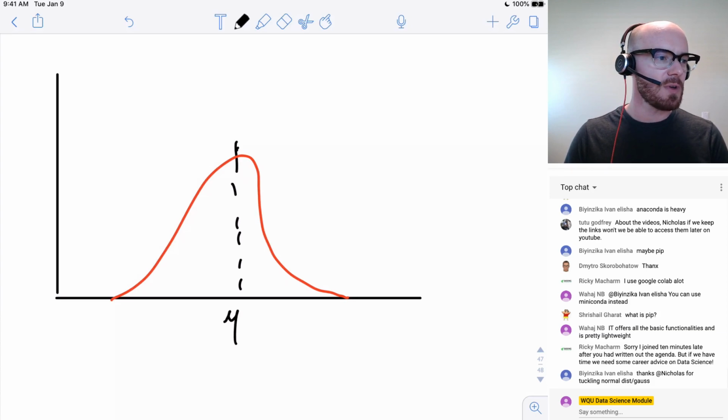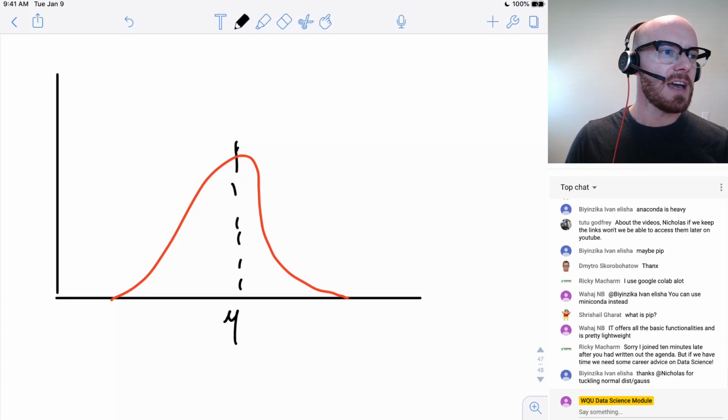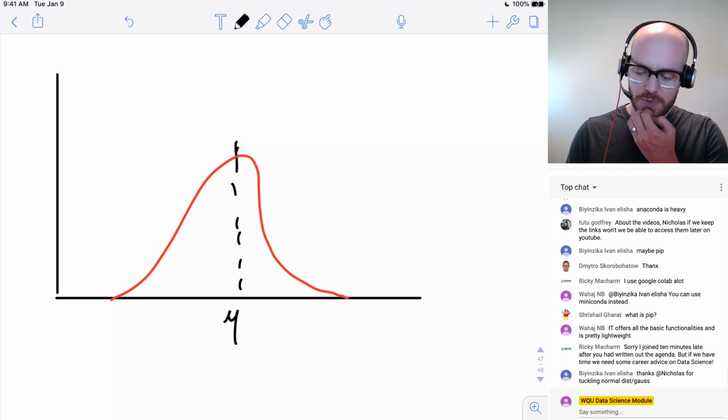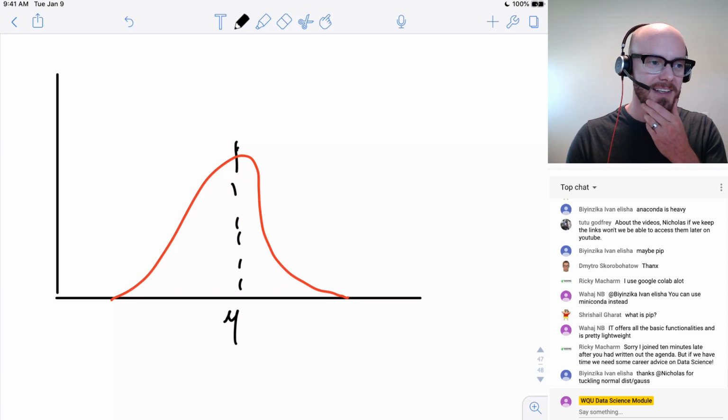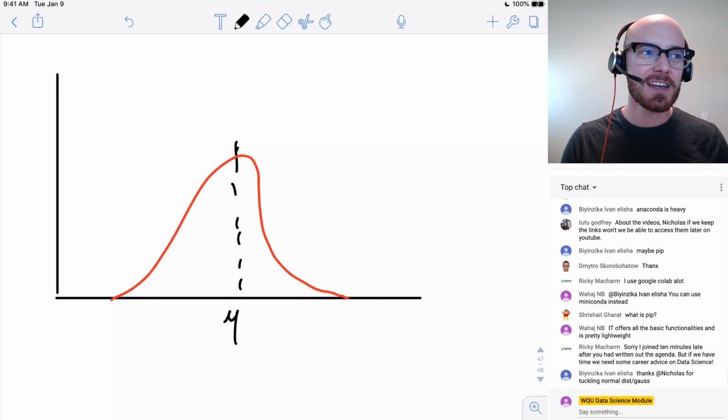So the first thing that we need to keep in mind is that a normal distribution is going to be symmetrical. It's going to be fat in the middle and thin or less thin at the extremes.